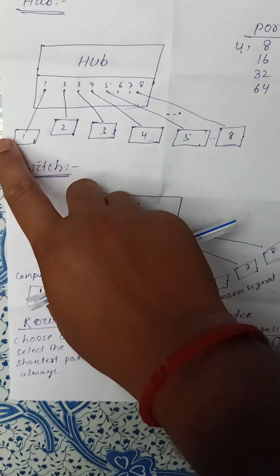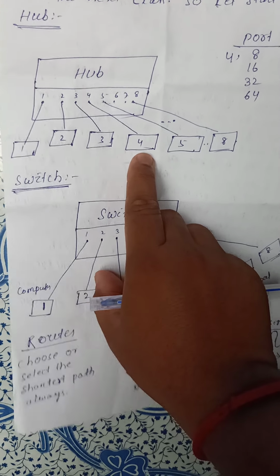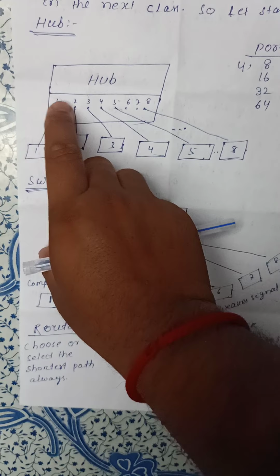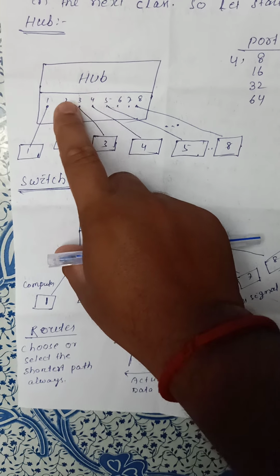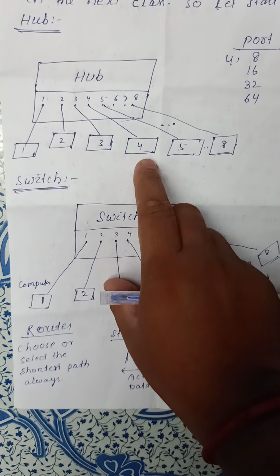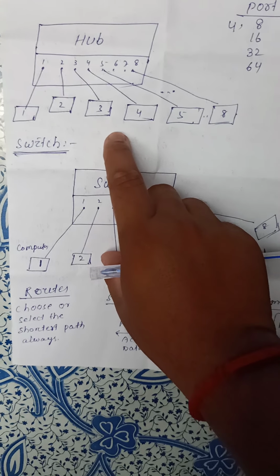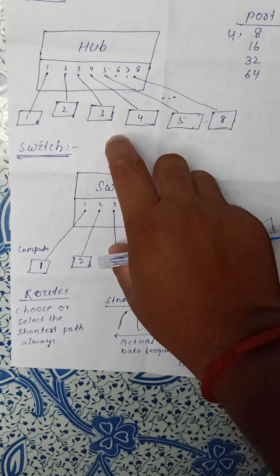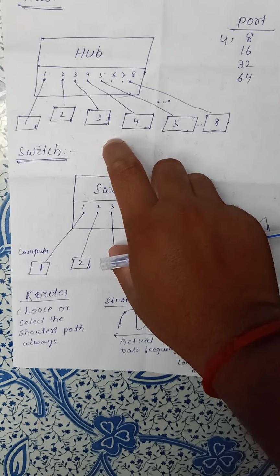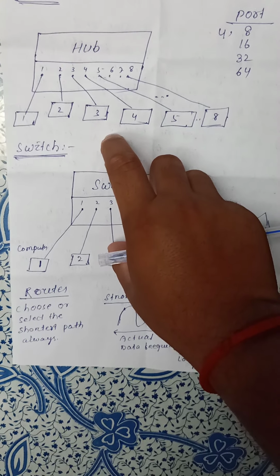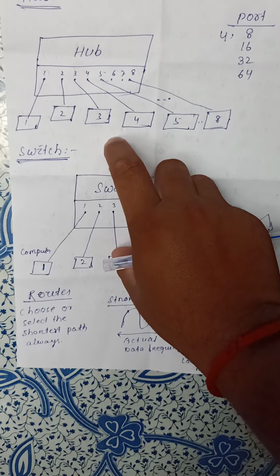What happens when one computer wants to communicate with another computer? The hub has no IP address information, so the hub receives the data from the sender, prepares multiple copies, and transmits all the copies to each and every computer. Here is a big question: does the hub not maintain privacy? It is not like that. Where the IP address is matched, that computer is able to access the data, and where the IP address is mismatched, that computer is not allowed to access the data. That means it allows 100% privacy as well as 100% security.